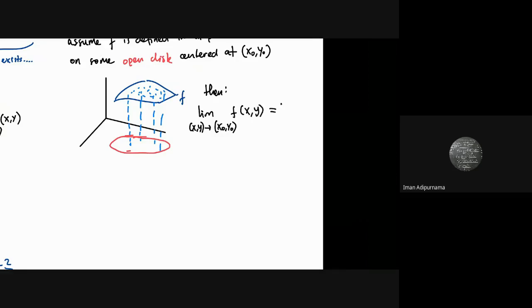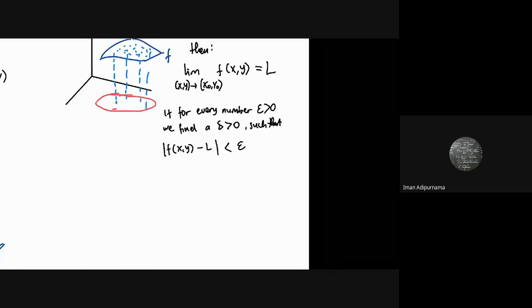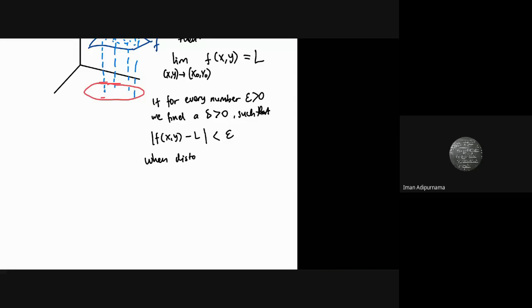It should be equal to some L. And then, if for every number epsilon greater than 0, we find a delta greater than 0 such that the function minus the value of L is always less than epsilon, when the distance between (x, y) and (x0, y0) satisfies